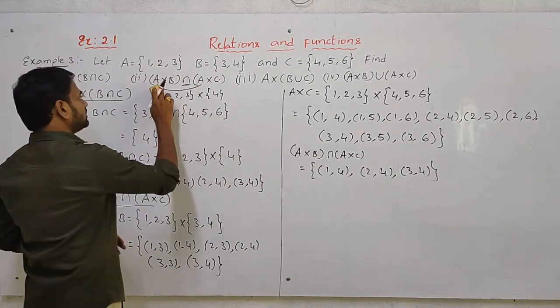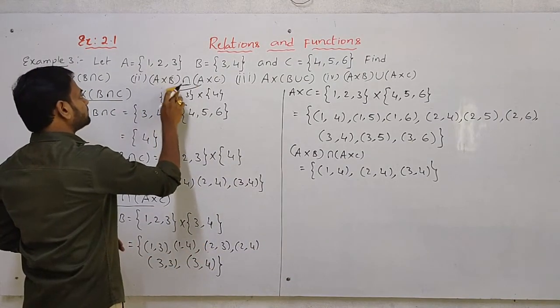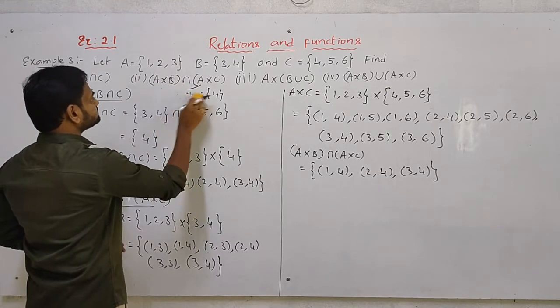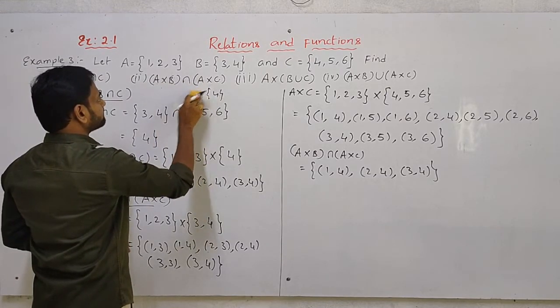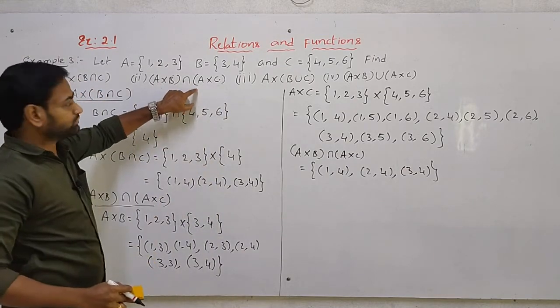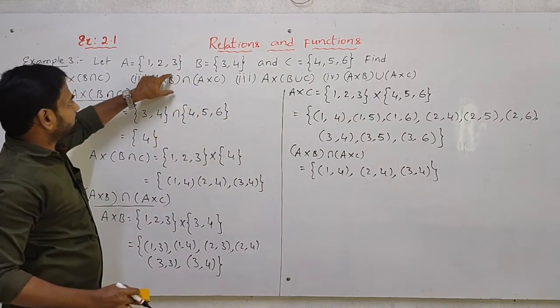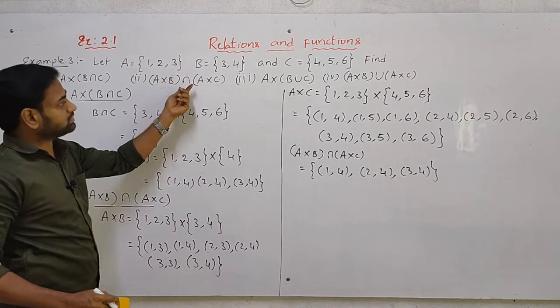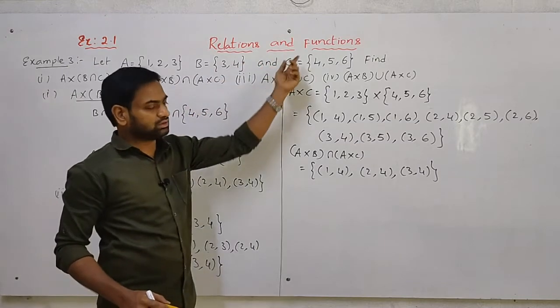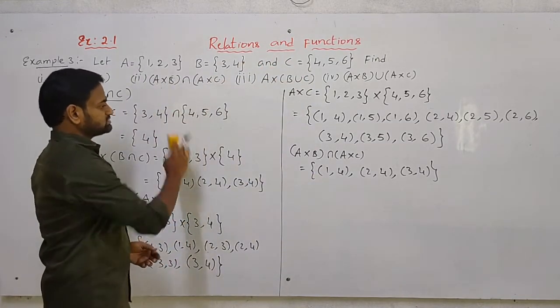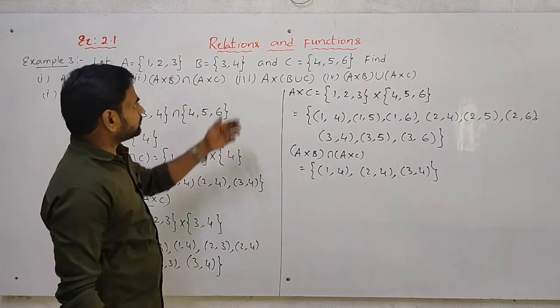So it is the competitive method. Don't apply this method in board level. Here A and A both are the same. Take the A set. For B and C, what is the operation? It is intersection. So what is the common element? Take that one and write down the cross. So that is the second one. Next, what about the third one?